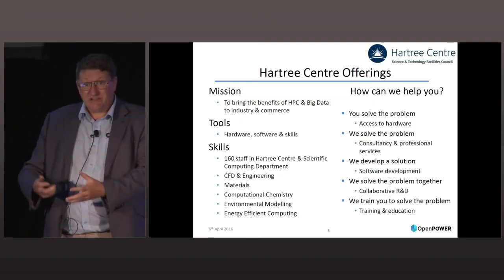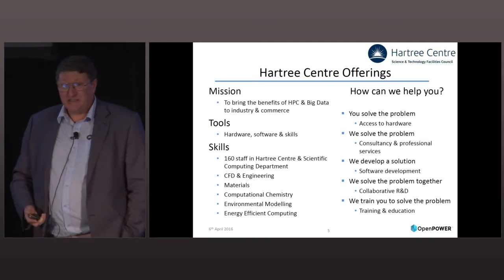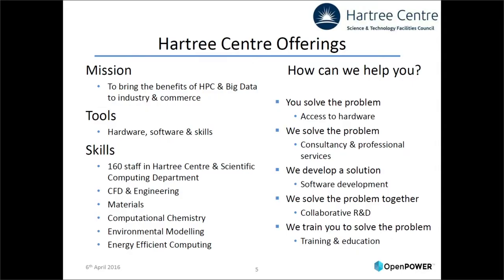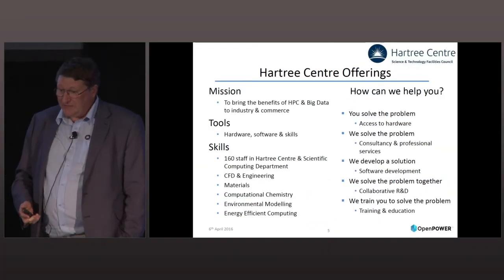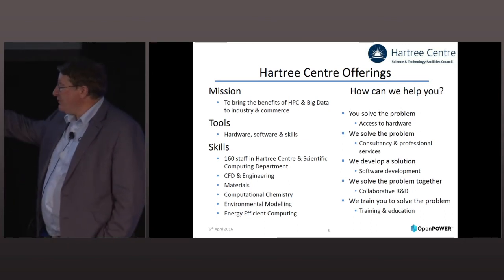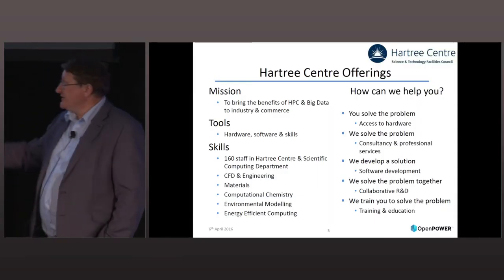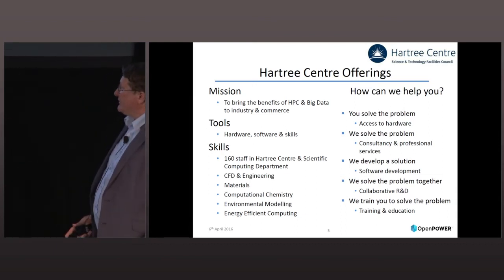We can also provide consultancy and professional services. We can use our own simulation software to tackle problems that are brought to us. What we really like to do is to develop collaborative R&D opportunities and to solve the problems in partnership with our industrial partners. And fifthly, at the bottom, you see there that we also provide training and education for people. Our skills are very wide-ranging. The Hartree Centre is just one part. There's also the scientific computing department. And between us, we have around 160 staff with skills that you see there, ranging from CFD through chemistry and